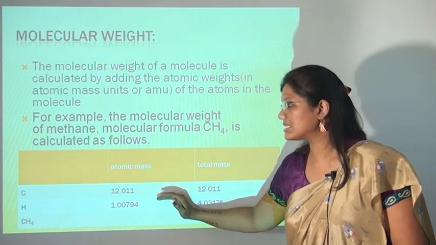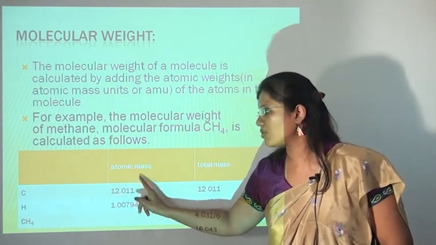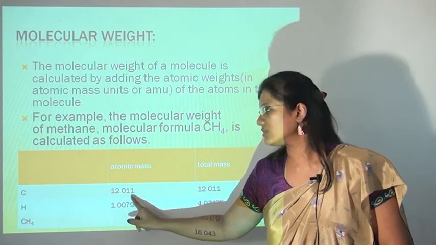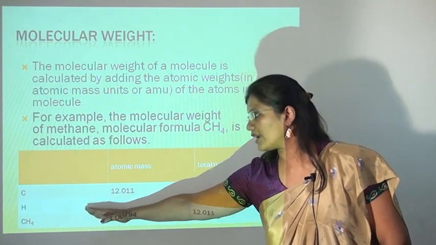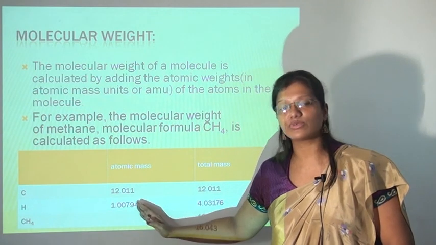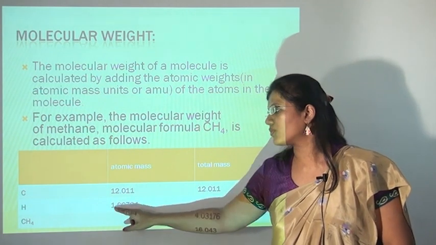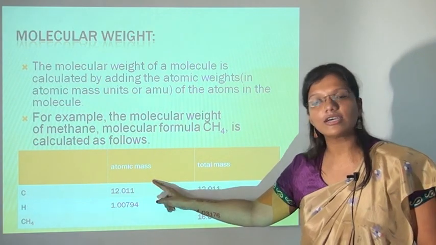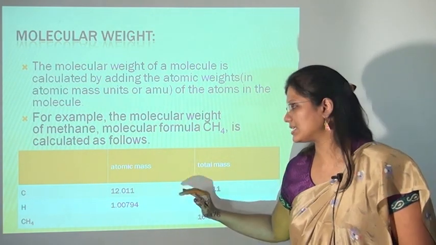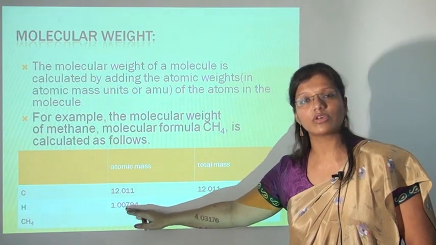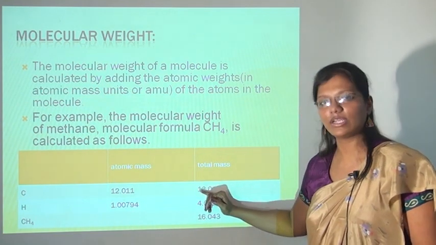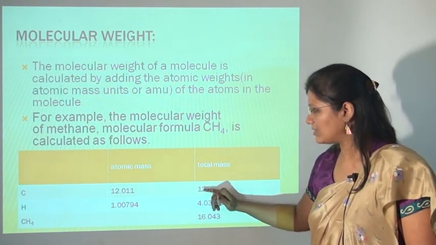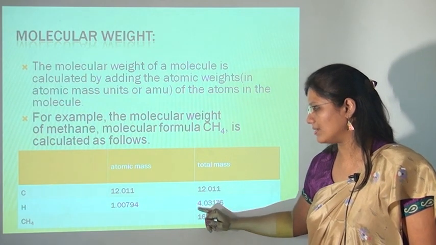So from this table we can find that carbon has an atomic mass of 12.011 AMU, and hydrogen has an atomic mass of 1.000794. For the total mass, because 1 atom of carbon is present and 4 atoms of hydrogen are present, you have to calculate that way, and you get 12.011 here and